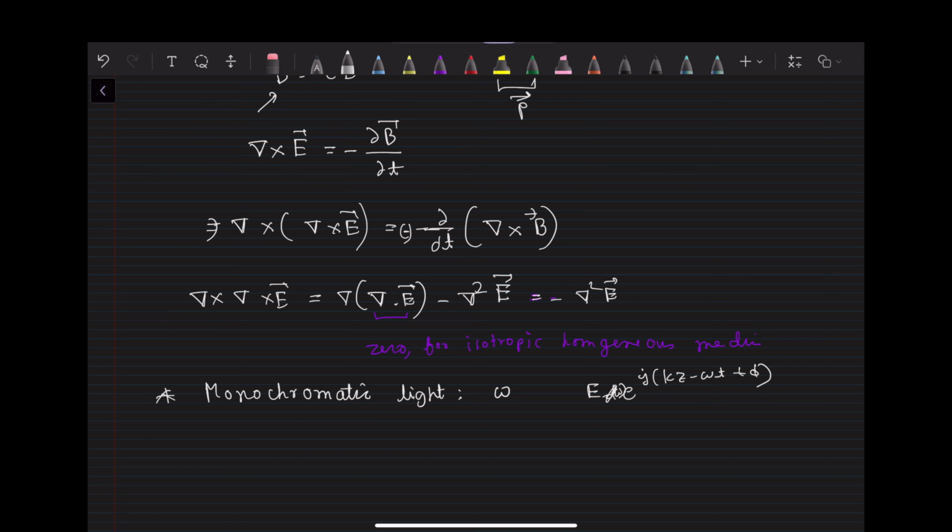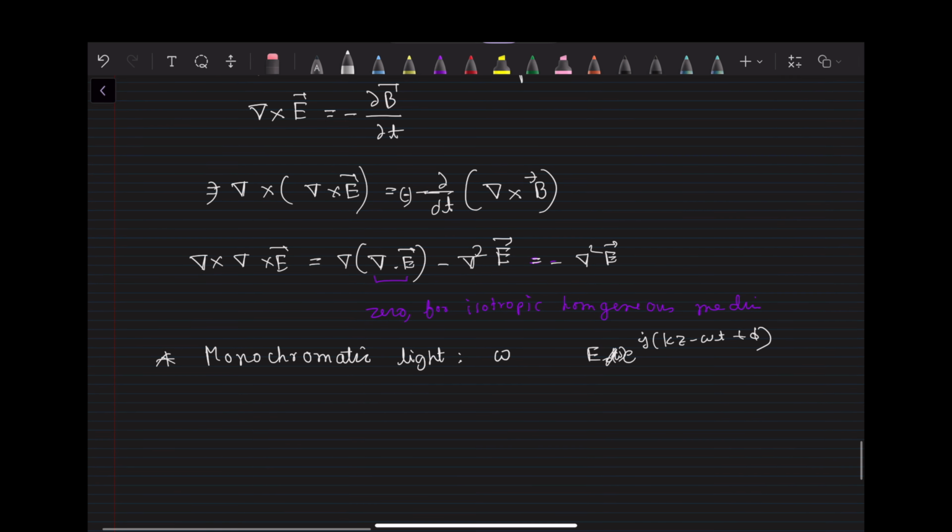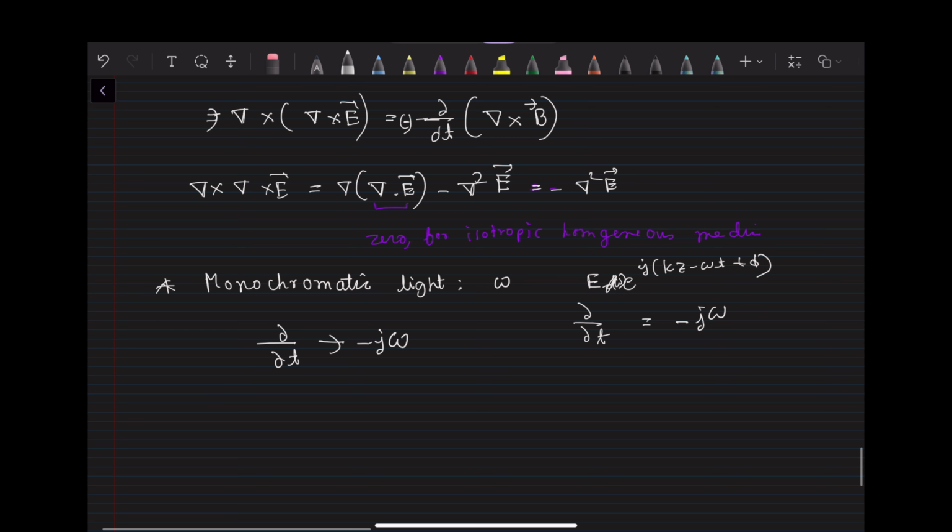Okay, then in that case we can replace the time derivative with minus j omega. It's very easy to see, right? If we take the derivative with respect to t, we are left with minus j omega, right? So from all of this, what we are left with is